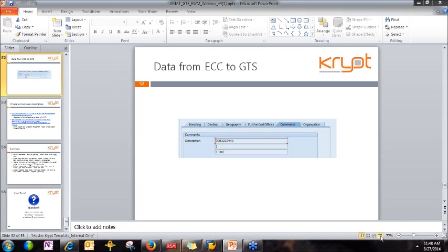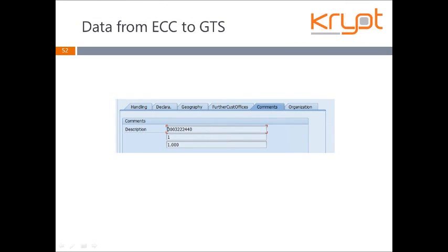One other thing I would like to highlight is that when we did this transaction between ECC and GTS, we also passed some ECC-relevant information to GTS, like, for example, shipment number, the number of packages, and the weight of the packages. We also pass other information in some cases, like tracking number and so on. So bottom line is when it goes to GTS, all the information that you want is already available in GTS, and it's going to show up as part of the commercial invoice and SCD,